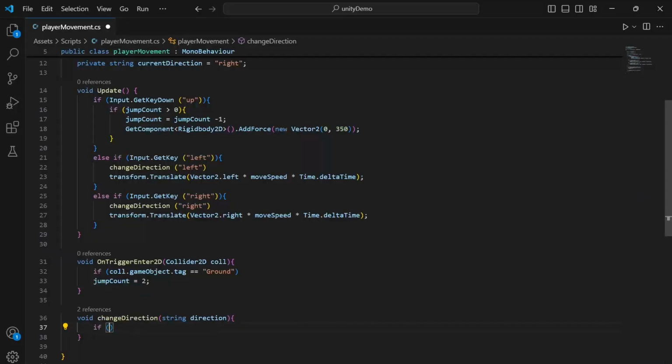So we use an if statement, and we're going to check current direction, and we want to check whether or not it is equal to our current string of direction. So if direction is equal to right,